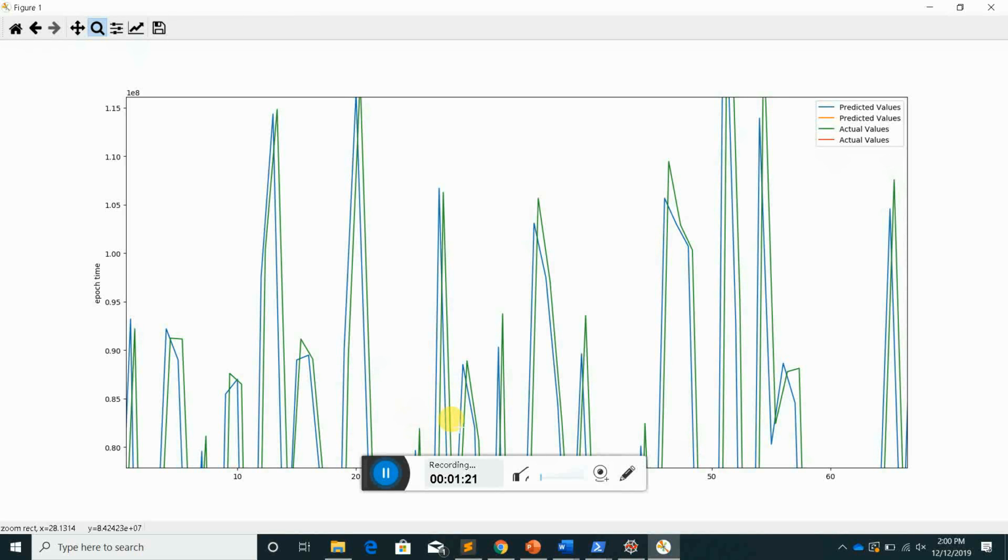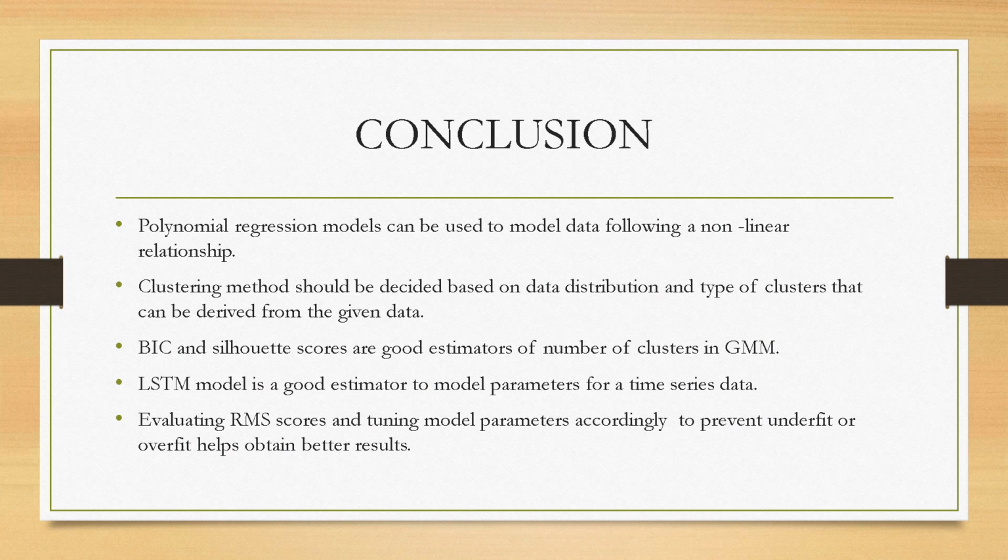This can be concluded that our model has achieved good results, but to improve these results, we can use more training data. So from this project, we are able to conclude that a polynomial regression model can be used to model data following a nonlinear relationship. Clustering method should be decided based on data distribution and the type of clusters that can be derived from the given